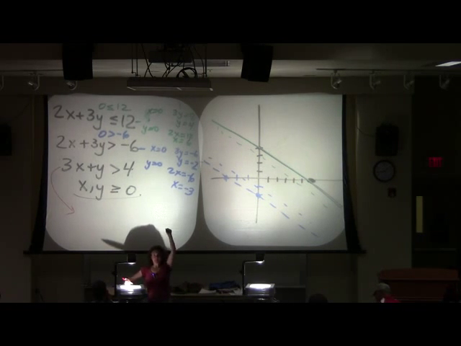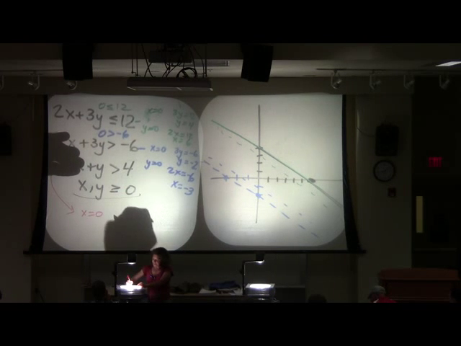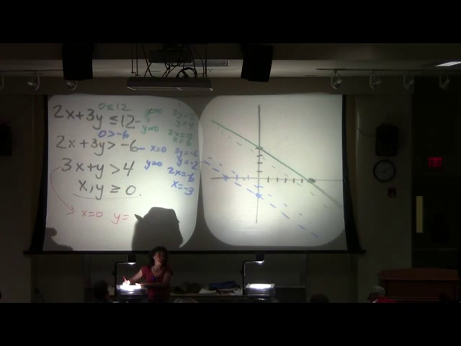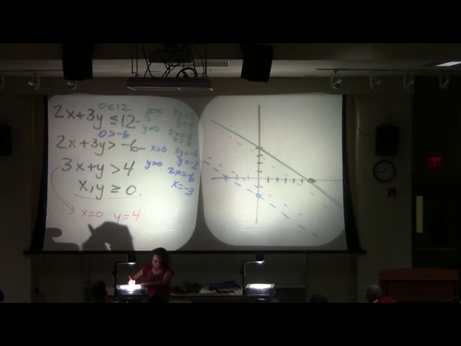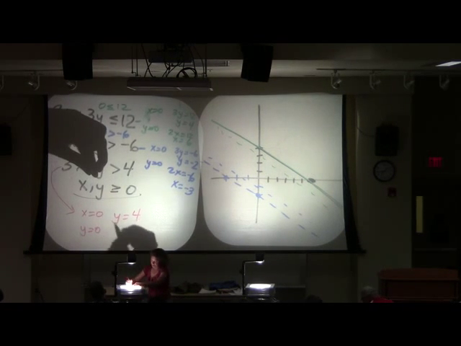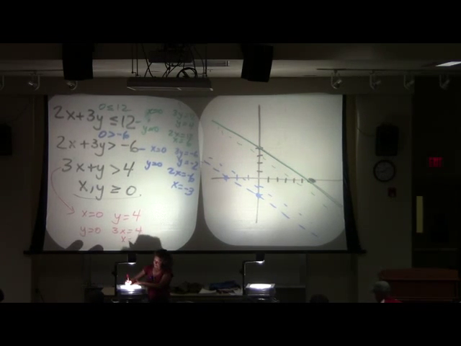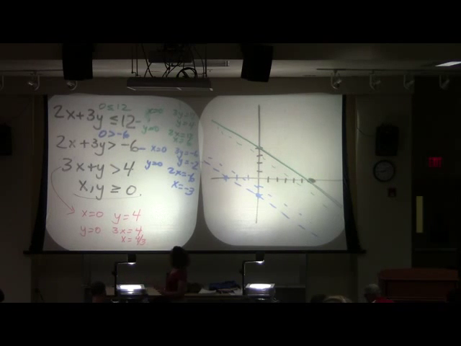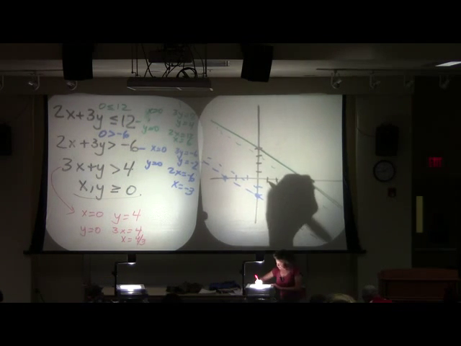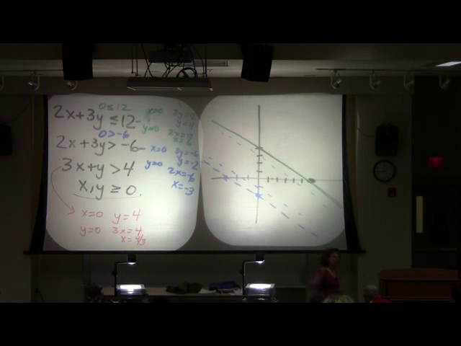Again, intercepts. If I set x equal to 0, oh, this is sweet. What's y equal to? 4. If I set y equal to 0, aren't I solving 3x equals 4? And therefore, isn't x equal to 4/3? All right, so I've got y is 4. I've been there before. And x is 4/3. That's about right there, don't you think? Yeah. Am I going to connect these with a solid or a dashed line? Dashed line.